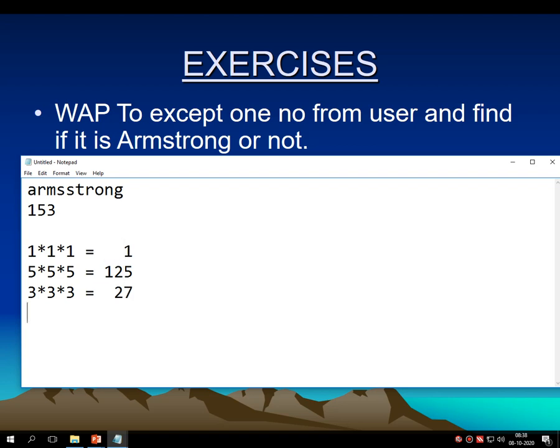Now add all these, that means 1 plus 125 plus 27. What will be the output of this? It's 153. Now the entered number and, after performing this operation, the output number, if both are the same, then that number is what?